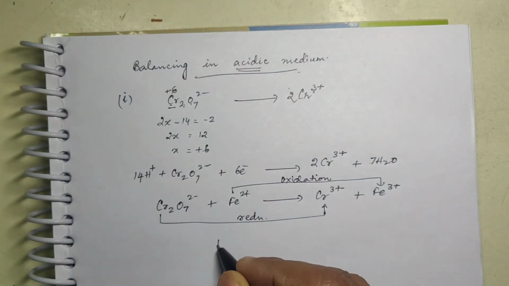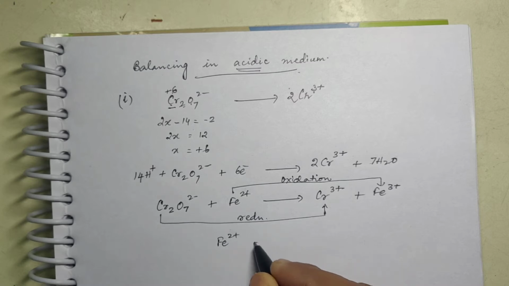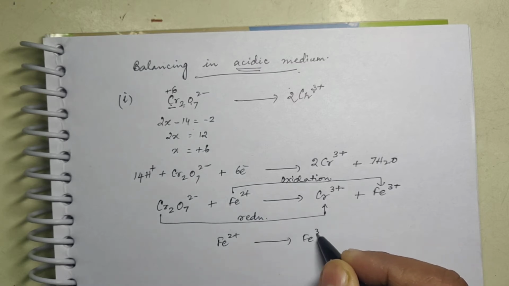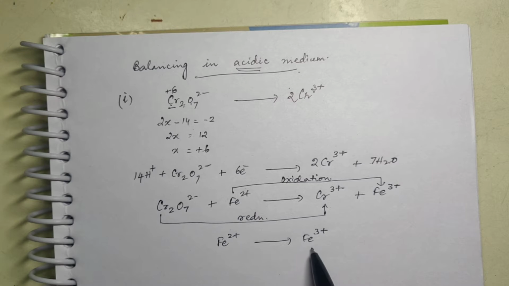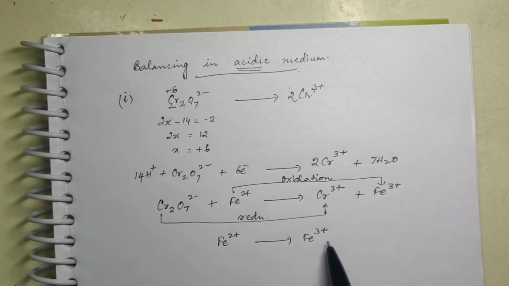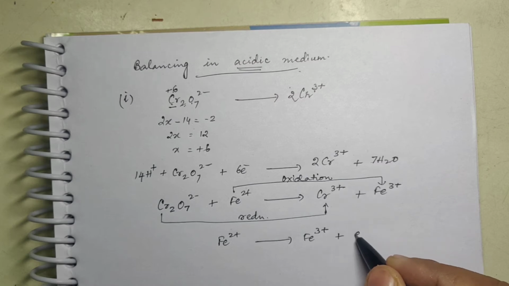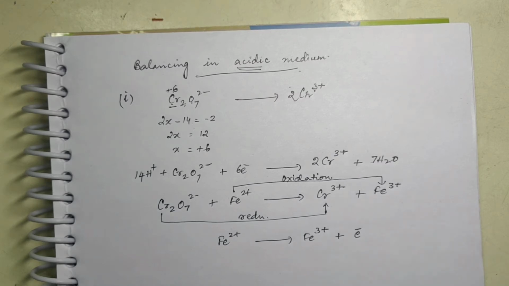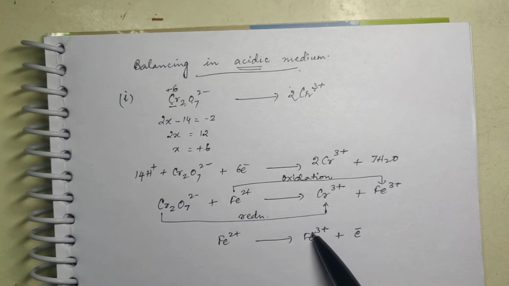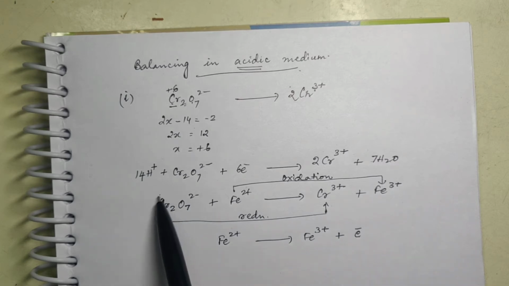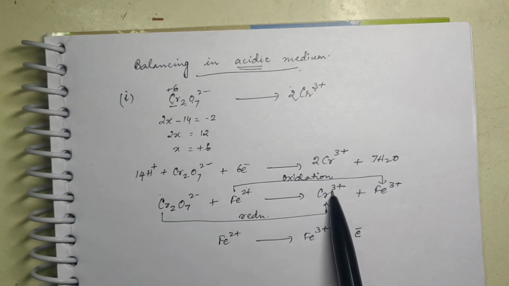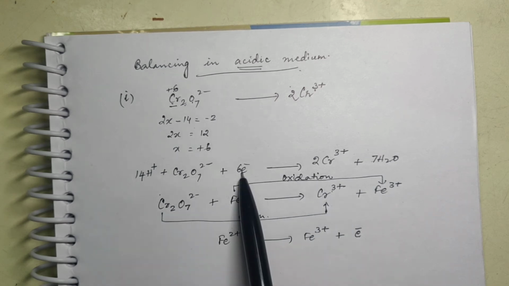Now this is a complete reaction which is showing both oxidation and reduction. So what do you have to do? Individually you balance both the equations separately. Fe2 plus to Fe3 plus. That means write the like terms together here. Now 2 plus and 3 plus. There is increase in oxidation state by 1 unit. So where will the electron come? The electron will come on this side. Remember, wherever there is greater charge, that side only electrons will come. Here it was plus 6 and here it is plus 3. So you added electrons to the reactant side.